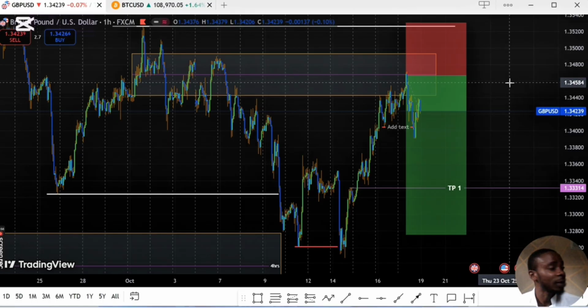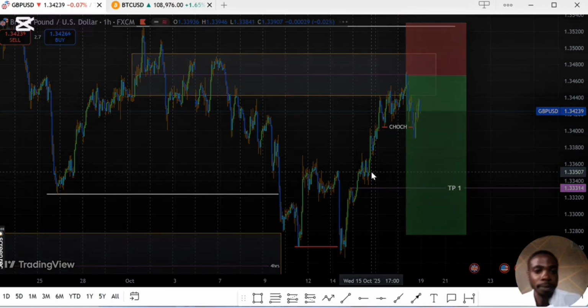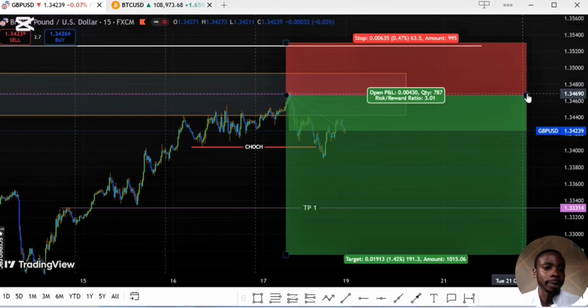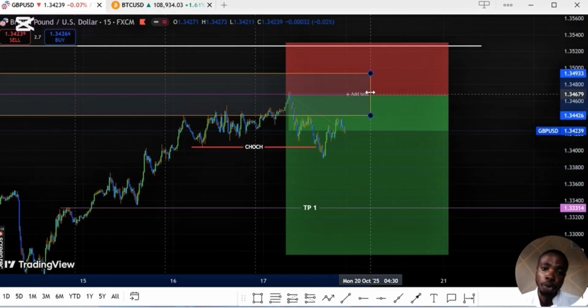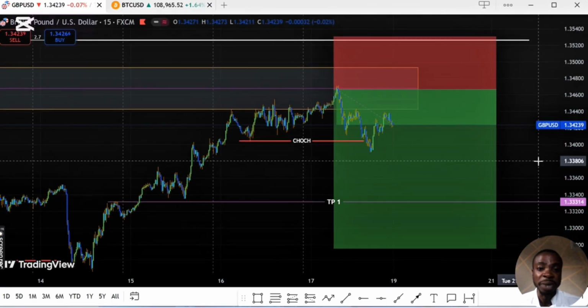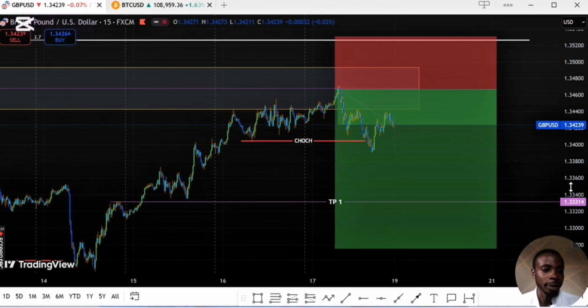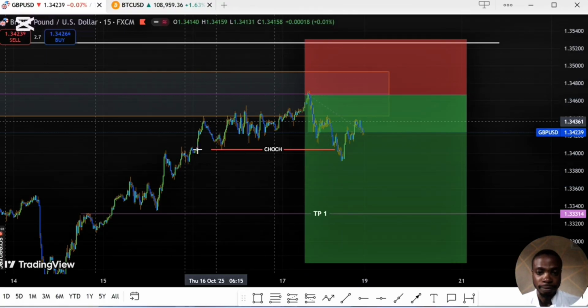Here on the 4 hour time frame, we got a bearish engulfing candle. On the 1 hour time frame, we have a change of character. On the 15-minute time frame, let's come to 15-minute. If you do it like this at the end of a Friday, you see chop loss. Market says if you run from nothing on Friday, at the end of a Friday, you see chop loss. That one I know I'm ready for, because I know it happens, because I've back tested it and I've seen it happen.